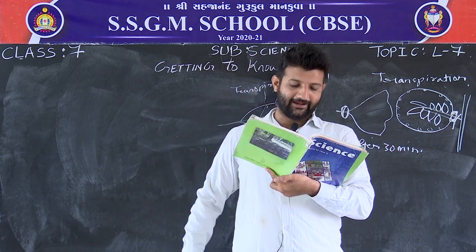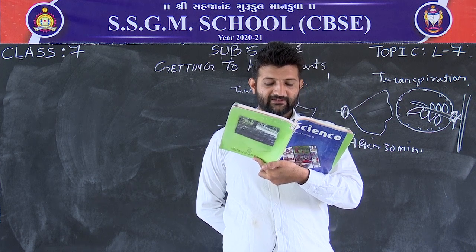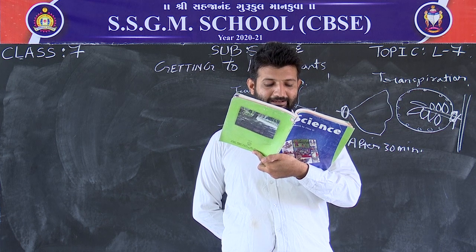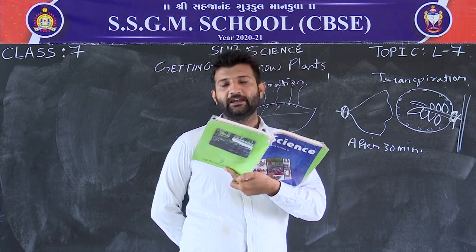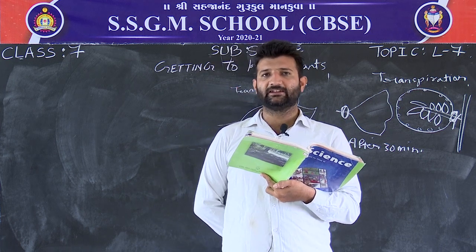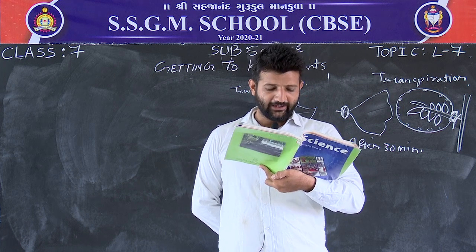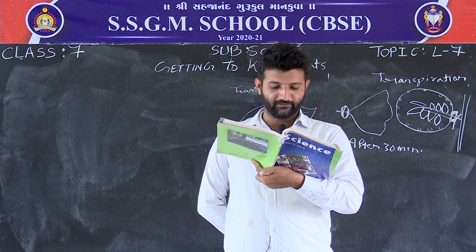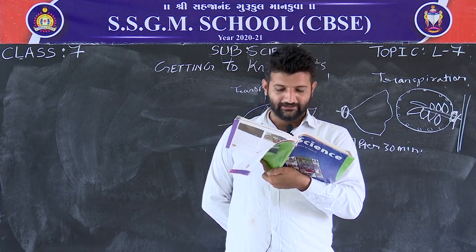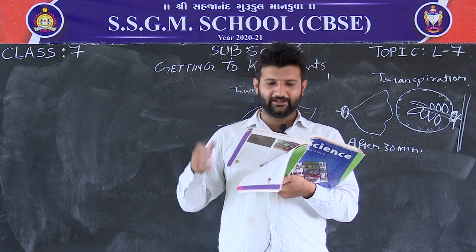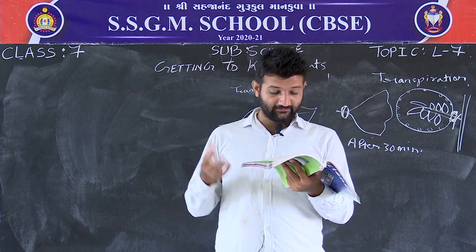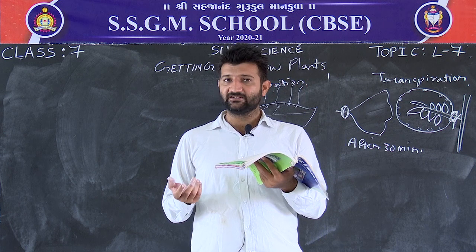So, activity 5. We will require a leaf, spirit, a beaker, test tube, burner, water, a plate and iodine solution for this activity. They are mentioning the things which we require for this activity. As they are saying about leaf, first of all we have to take one leaf, spirit, that is kerosene, beaker, vessel, you can take vessel, test tubes, glass tubes, burner, water, plate and iodine solution.